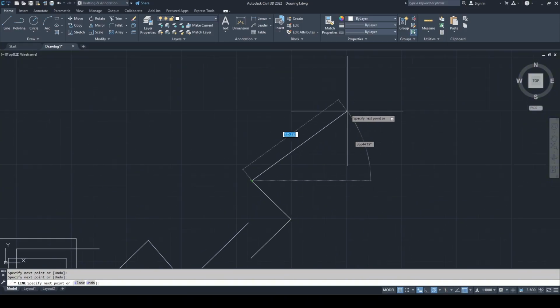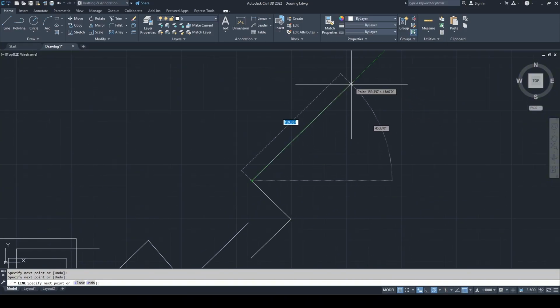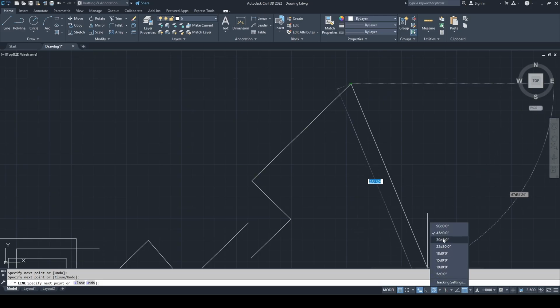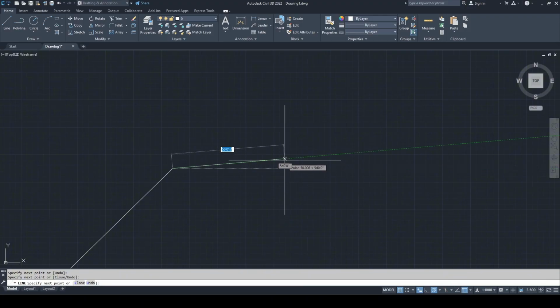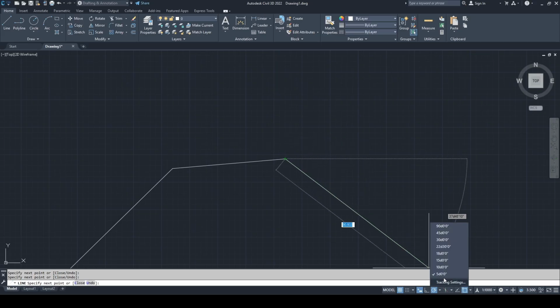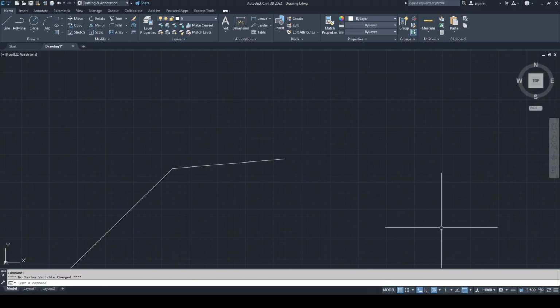See, 45 degrees, I can extend the line wherever I want to, and if I change the angle to, let's say, 5 degree, it will stop on every 5 degree angle before drawing the line. It will ask me where to stop or where to draw the line, and it will follow the 5 degree mark. And we can choose these degrees whichever suits us, and we can use it in the drawings. Now the next one is